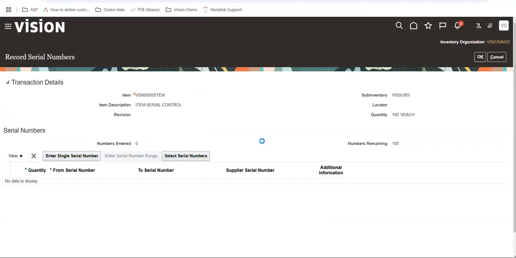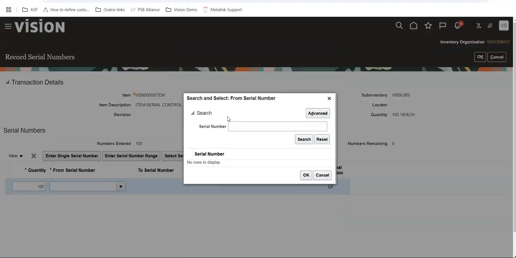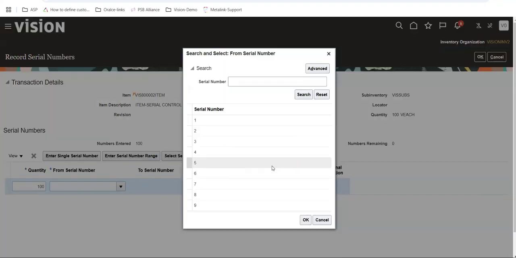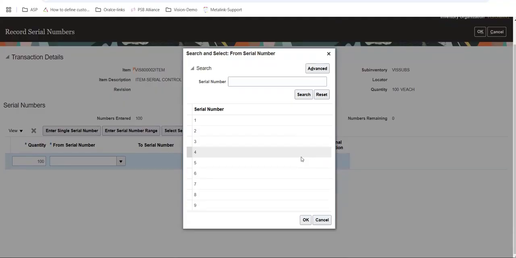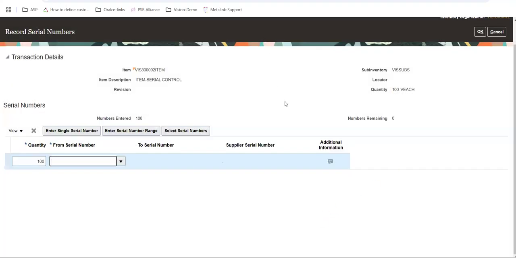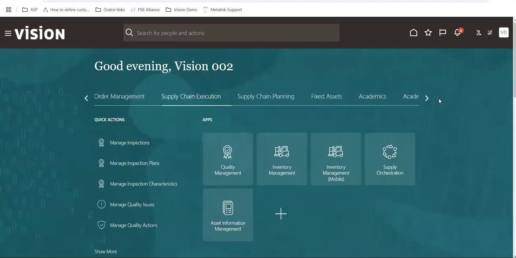Enter serial number range. It's just 9 numbers. You have entered 500, right? 500 we entered. Why is it not coming